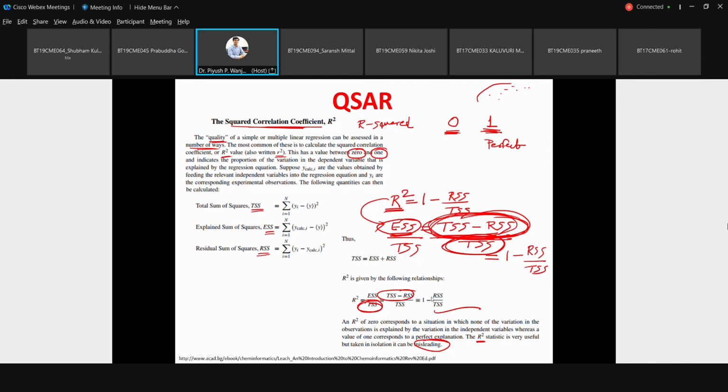If you can calculate these two terms, the R square value can be evaluated for any such model, even for multiple linear regression.